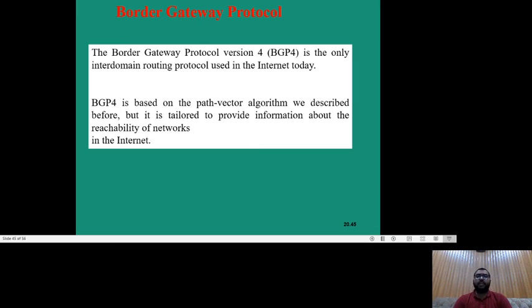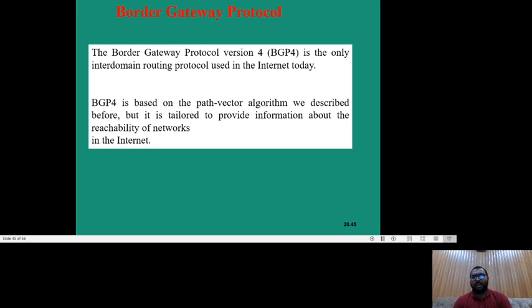Let's move on to the final routing protocol. Up till now we discussed intra-domain routing. Now, what routing protocol is used for inter-domain routing, meaning between the autonomous systems? The only protocol used in today's internet for inter-domain routing is called the Border Gateway Protocol, or BGP. The current version is BGP version 4,